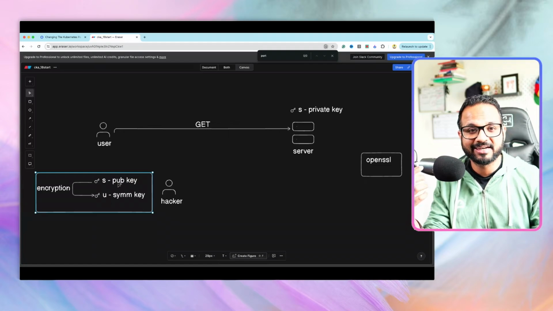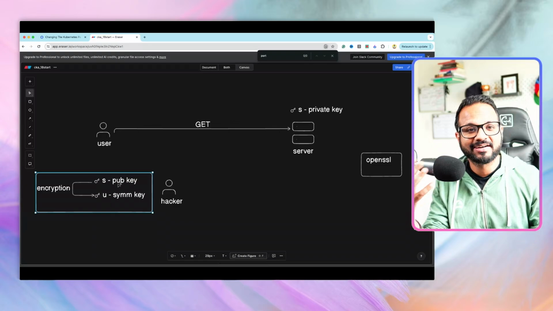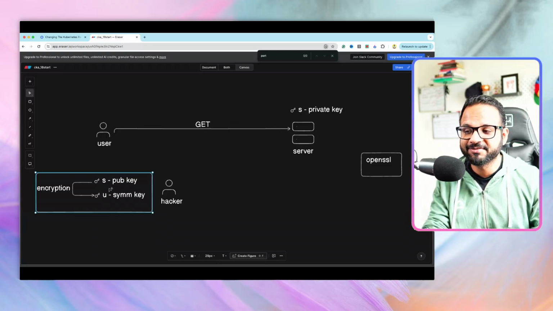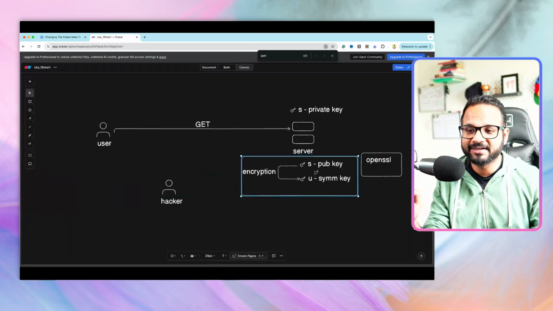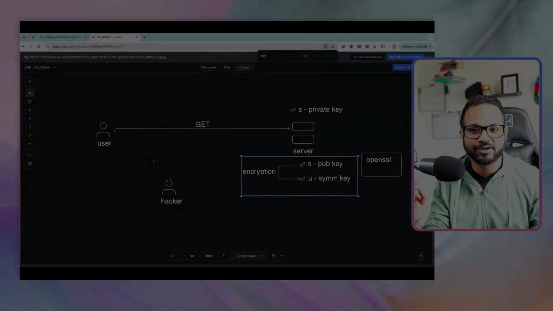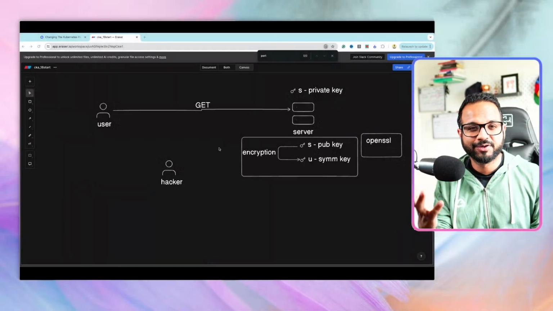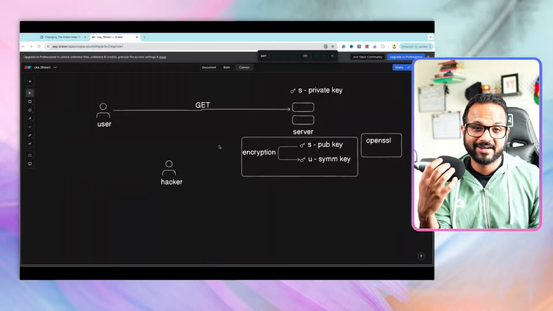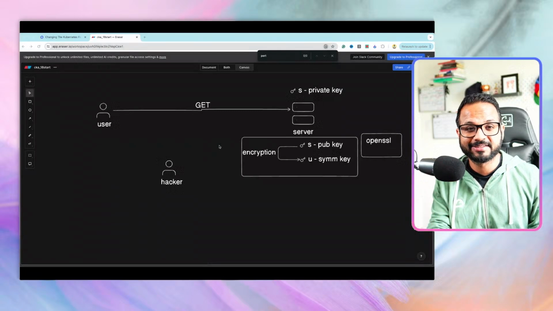So they can only see encrypted data and they cannot read or decrypt it. So this data will be of no use to them, and that is why this communication will be secured. Okay, so our communication looks secure now, but there are still ways through which a hacker can intercept this communication and